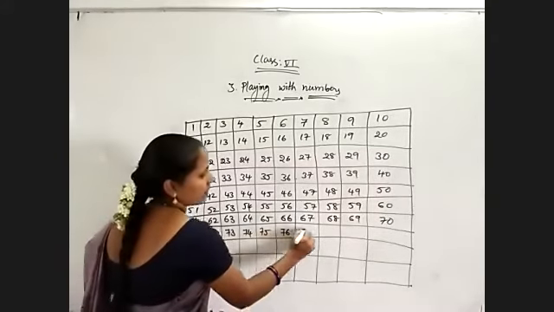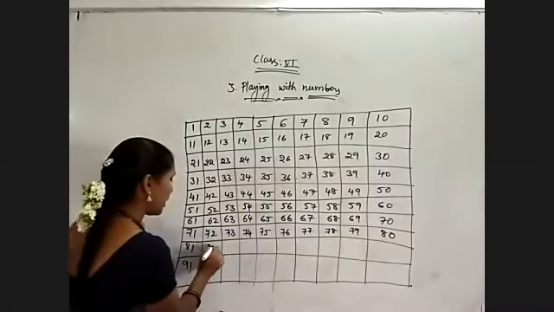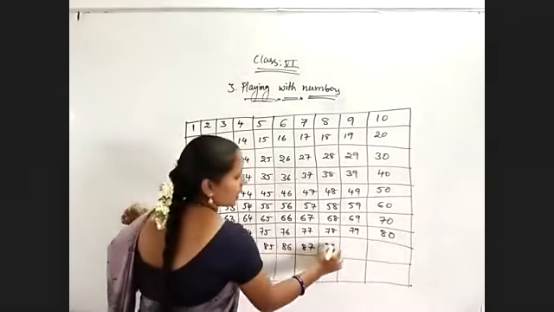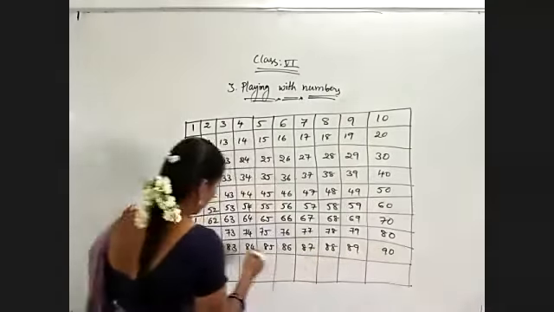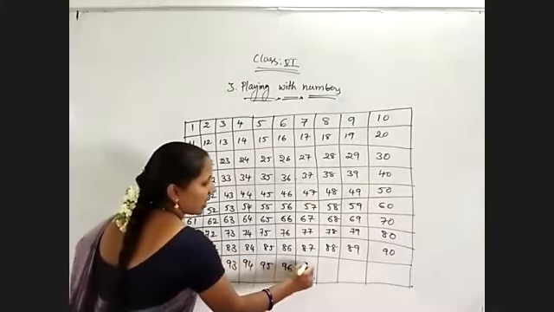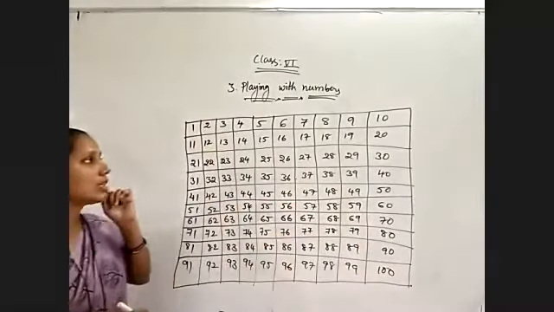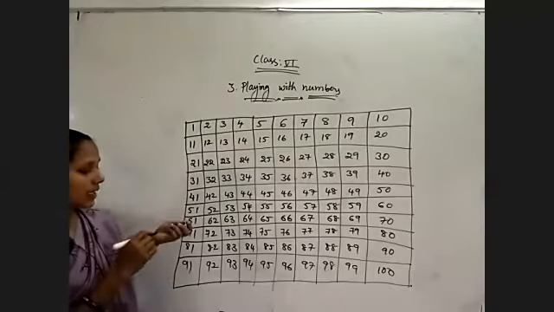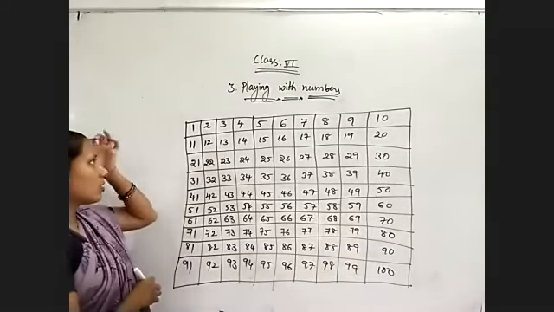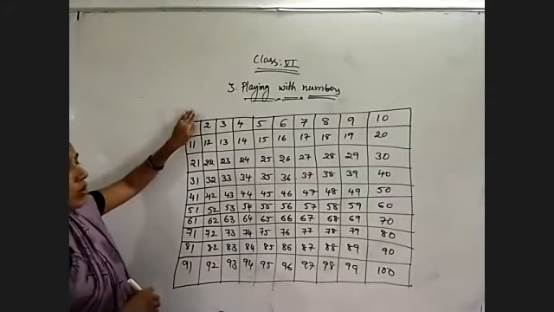75, 76, 77, 78, 79, 80, 81, 82, 83, 84, 85, 86, 87, 88, 89, 90, 91, 92, 93, 94, 95, 96, 97, 98, 99, 100. And now coming to the tables, you know the tables now. That means suppose 1 2s are 2, means 2 is divisible by 1. Okay, like that. So now leave the 1 table, with 1 every number is divisible. So don't go through with the 1.